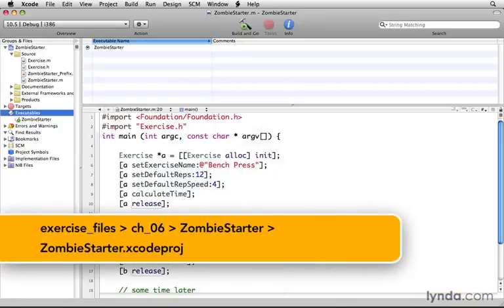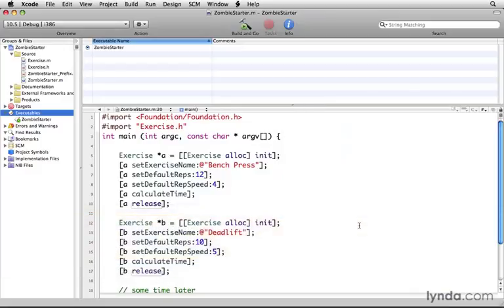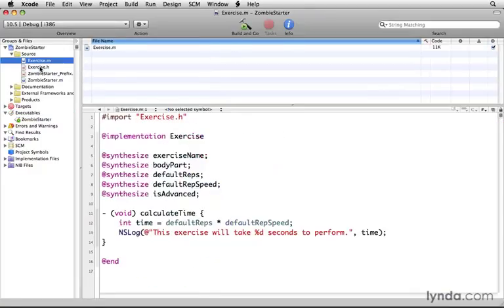So I have jumped into just a very simple starter file. It's zombie starter, that's available if you want it. Really all that I'm doing here is having a very simple command line tool. It's a foundation tool. And I've got a couple of simple classes. In fact, I've got a couple of simple objects being created. There's one class called the exercise class. It just has a few instance variables and a single method called calculate time. And the only reason that I've created this is just to have something